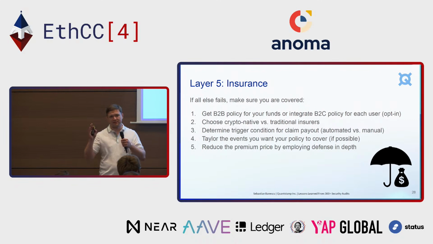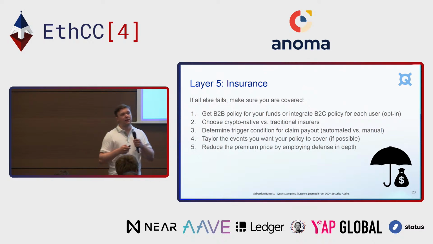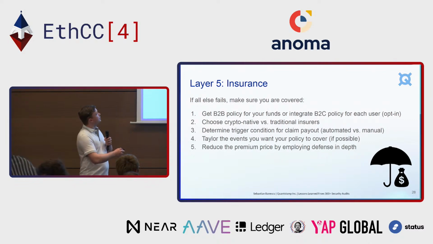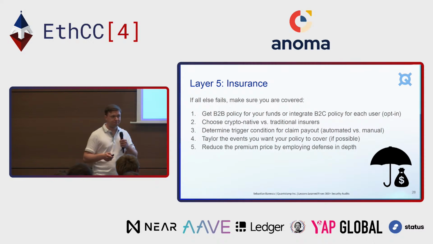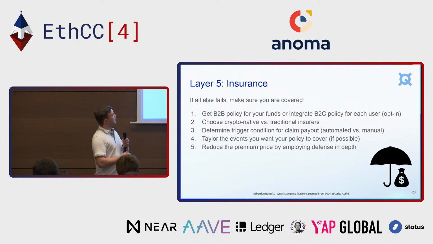But you could also say, oh, that's too big of a headache. I don't want to be involved in that kind of stuff. So do a B2C, where the insurer is directly responsible for allowing end users to file claims and to get their insurance back. You can choose between crypto native and traditional. Crypto native, there's a bunch of projects out there, very cool, very nice ideas. There are also traditional insurers which are starting to dip their toes into the space. Not so strongly in DeFi, but other spaces definitely, and DeFi is definitely up and coming for traditional insurers as well. You have companies such as Aon and Lloyd's who have been dipping their toes for more than a